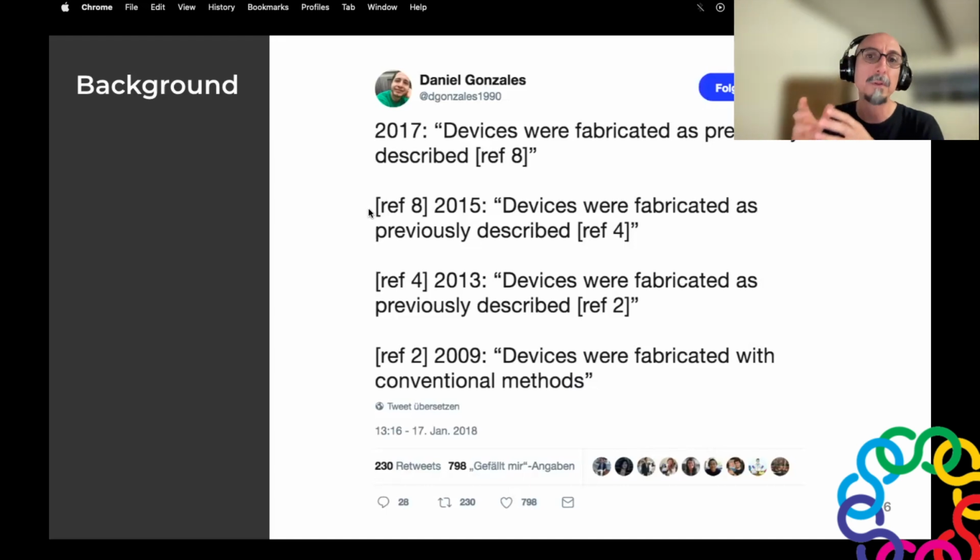This is just an example that highlights a widespread problem. Very often, the information reported in the materials and methods sections of published articles is insufficient to allow readers to understand what was done and to reproduce the experiments.